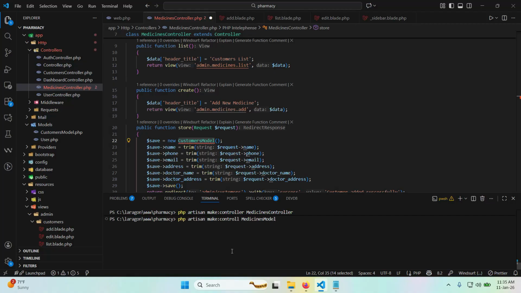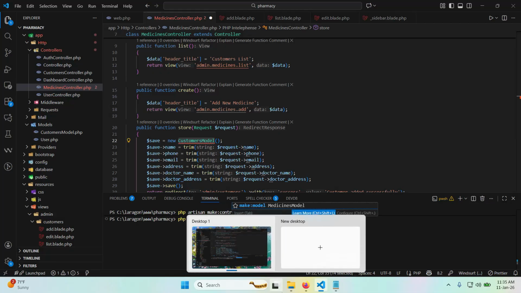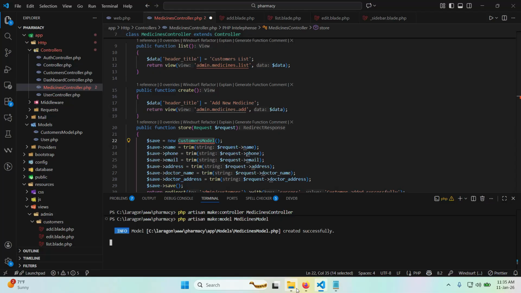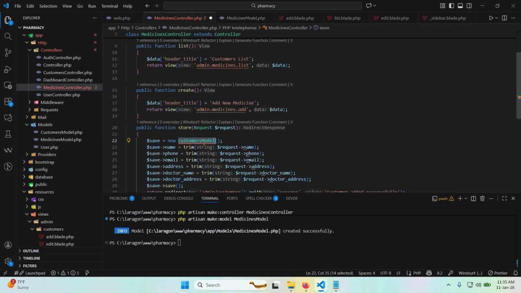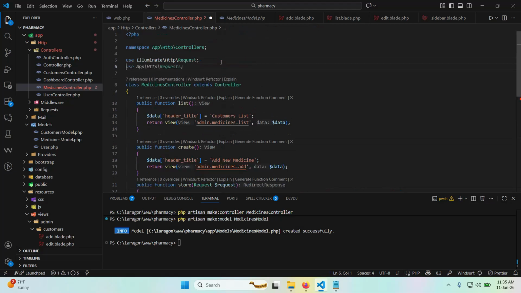This one is not controller, but model. Make model, medicine model. Okay, so after it has been created, it is coming here. So let's copy model and then we bring it here. Okay, this is what we are going to use. So we need to create that use